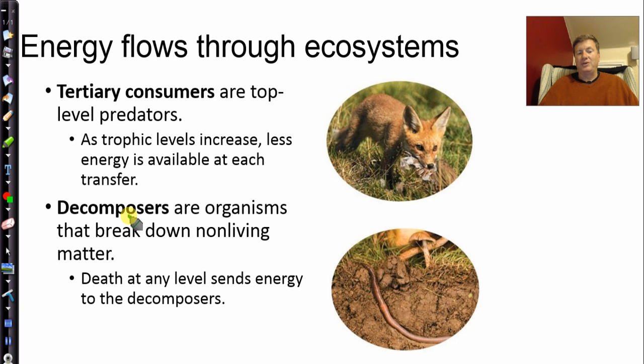And finally, though, decomposers are going to break down everything that was alive, that died, so that we can recycle some of the nutrients. And it also allows us to process things so we have more material available for future photosynthesis. That is, you break down the plants, the plant parts get recycled, we can make more plants. However, please understand, the decomposers don't recycle the energy. The energy is going to ultimately be lost as heat.